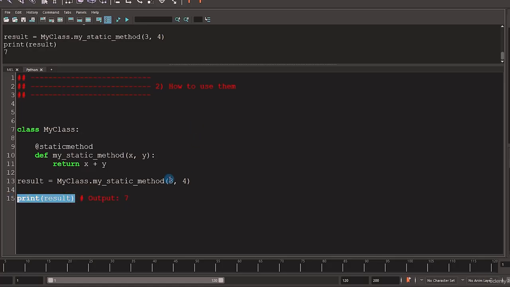7, easy. Okay, we've added 3 to 4, and we've done that without first having to instantiate our class. So the my_static method is a static method because it is decorated with the static method decorator, and for no other reason. This means that it can be called on the class itself rather than on an instance of the class when the method is called using the class name